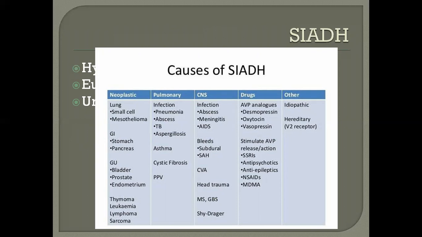Apart from this, CNS infections such as meningitis or CNS abscesses, bleeds, CVA, subdural hemorrhages can all present with SIADH. Pulmonary causes are important: pneumonia, TB, etc. Even COVID has been known to cause SIADH, so those on COVID duty should be vigilant about hyponatremia in those patients. Then there are a lot of neoplasms, as mentioned in the list. So there is a huge list, and even this is not an exhaustive list of causes of SIADH, which can all stimulate secretion of AVP in the absence of any increase in osmolality or decrease in blood volume.